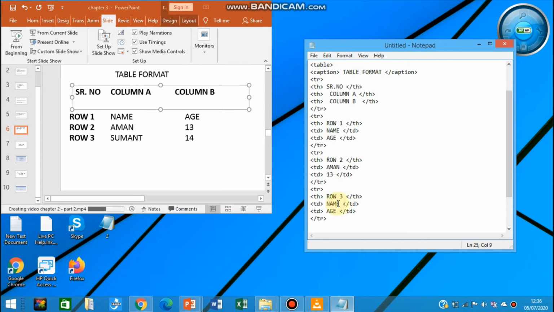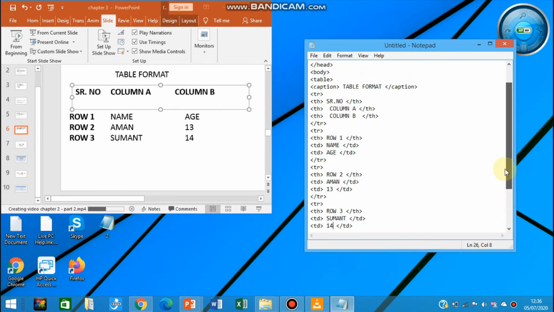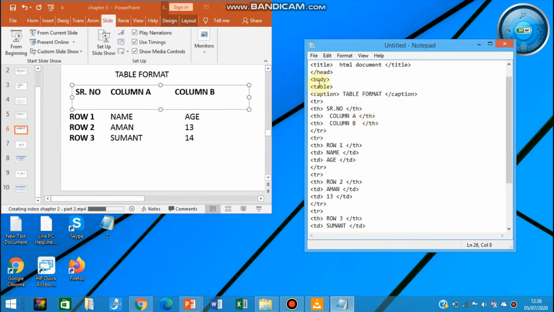Then in place of name you will write Sumant, because it is the table data, it is not the heading. Fine. So in place of age, again you will write 14. So here we are done with the last row of this table. So, understood how you can define rows inside the HTML document with the help of table tags?